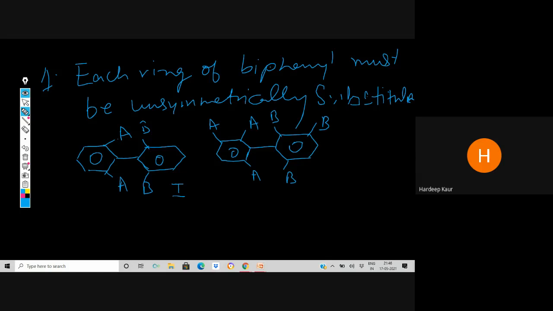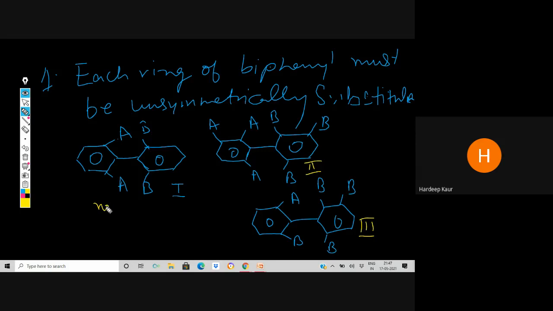And the third situation is we have A and B groups on one ring, whereas on the other ring we have a different type of substitution. It is different from ring A. So let us consider all three cases. This is the second case, and this one is the third case. So in the first case, this is not resolvable. Not resolvable. The reason is